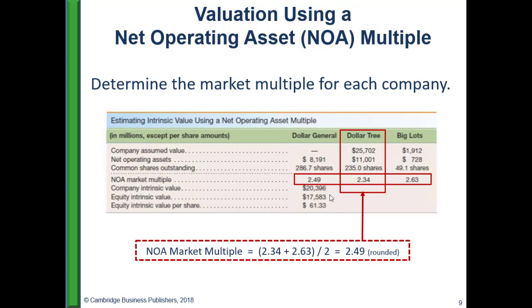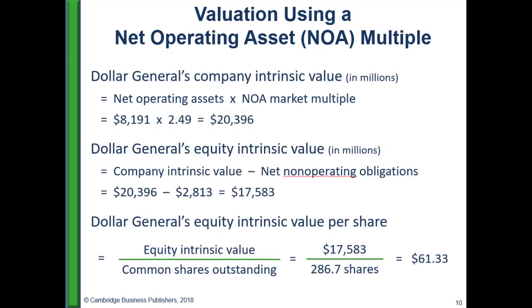And subtract the NNO, and you get an equity intrinsic value of 17,583. Divide by the number of shares, and you get an equity intrinsic value per share of $61.33. So here you can see the whole calculation written out for you. Net operating assets of Dollar General of $8,191 times this valuation of 2.49 means that the whole company